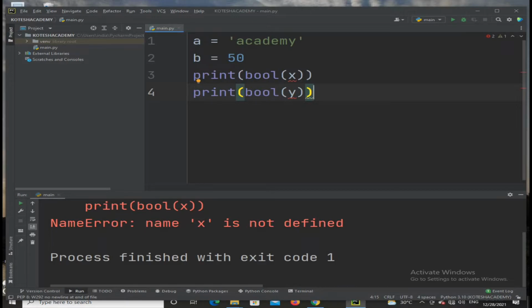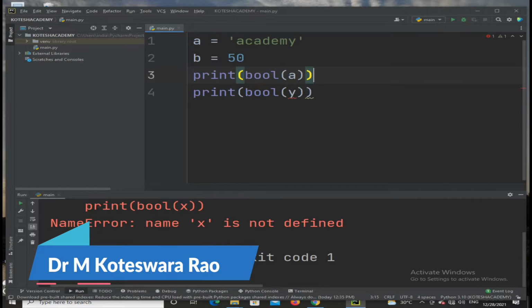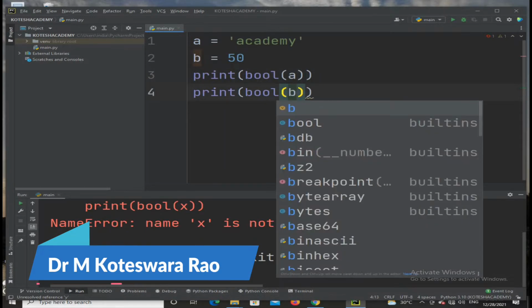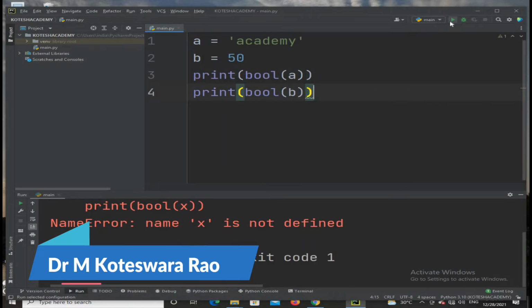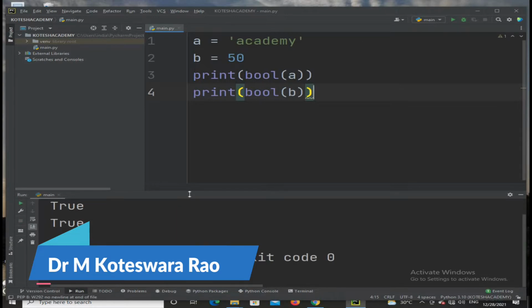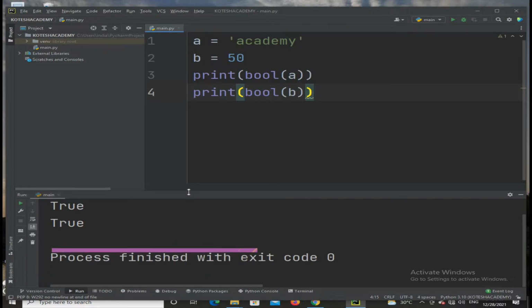Sorry, we are taking the variables as A and B, this one is B. That's why we got the errors. Then you will get both are true. So this is the concept to check whether the particular value is a variable or not.